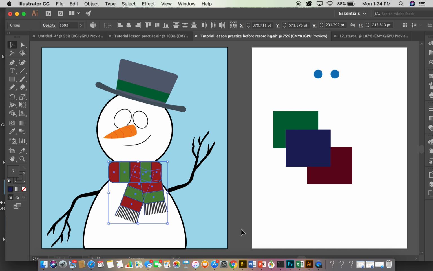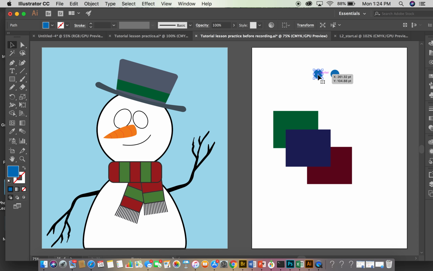Okay, now we're on page 74, selecting objects behind. When you stack objects on top of each other, sometimes it becomes difficult to select objects that are underneath. So in this section, you're going to learn how to select an object through a stack of objects. So I want you to click one of these blue circles and drag it on top of the eye, the white eye of the snowman, so you can see it, but it doesn't actually show the color because it went behind the eye ellipse,